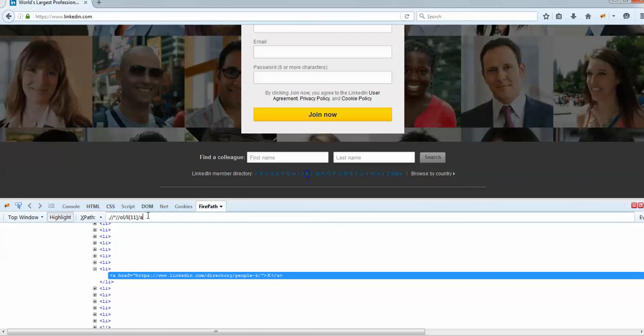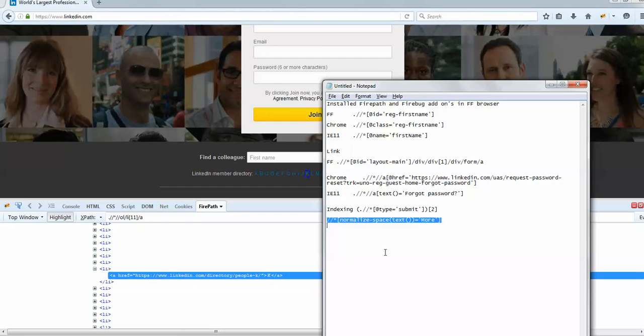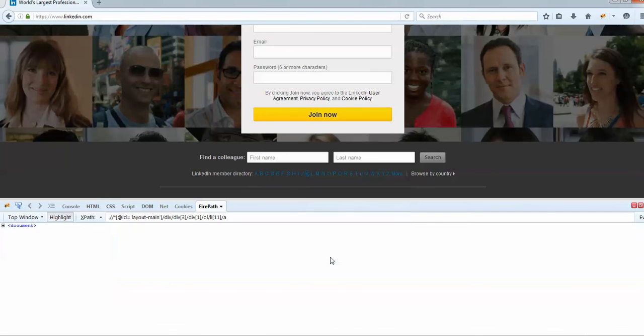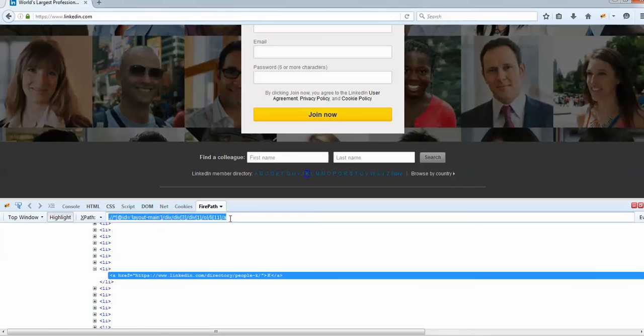By customizing it, rather than directly using, now you see we got two. One is for list. We came up with this, and Firefox gave us this.